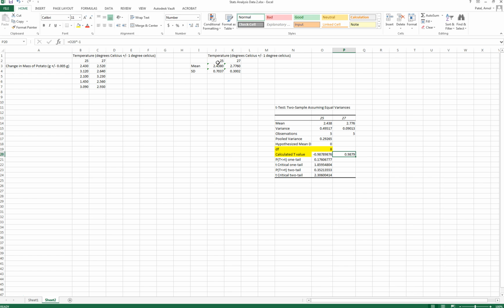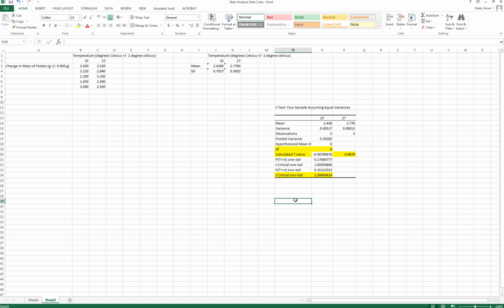Right? So it matches the number of decimal places there, so I don't lose any points in my lab reports. And what we need to make sure that we understand is that we're looking for the t-critical two-tail value. If you have questions about that, please ask. So I'm going to highlight this cell, because that's the value that we need, and then we need this value